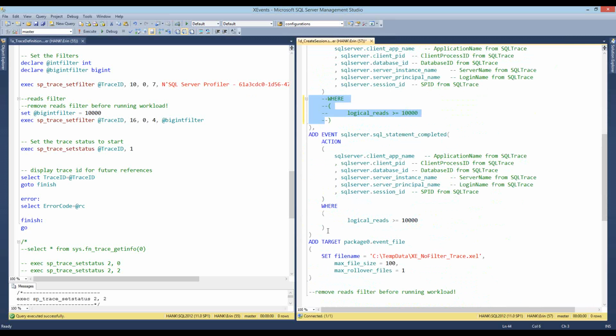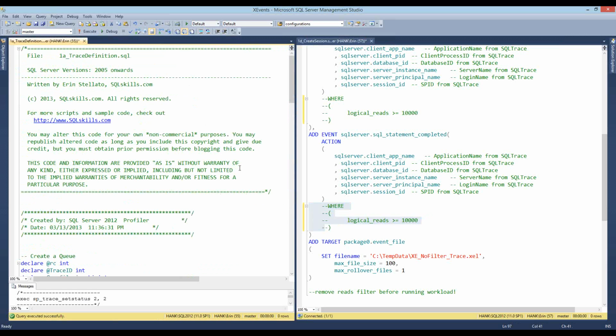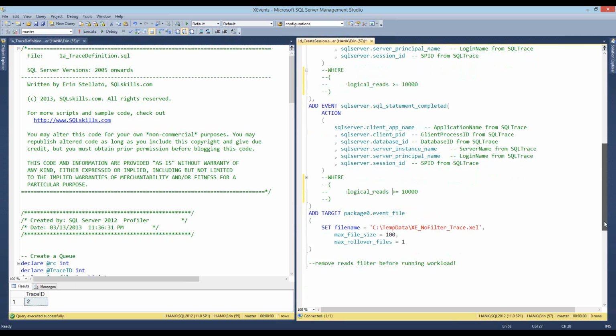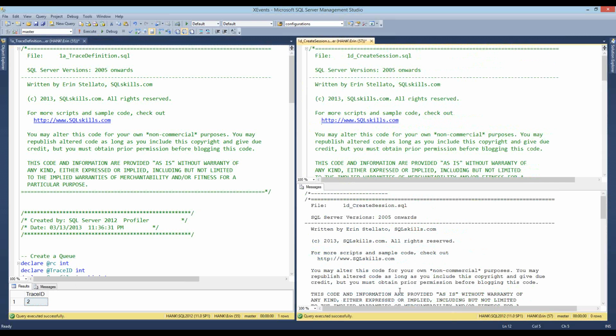But again, in your production environment, you always want to include a filter. But we're going to comment that out, excuse me, in both of them. And now I'm going to go ahead and run this, and we get our trace ID of 2 created. And I'm going to go ahead and run this script to create our extended event session. And so that gets executed successfully.